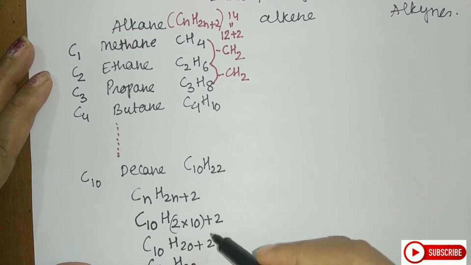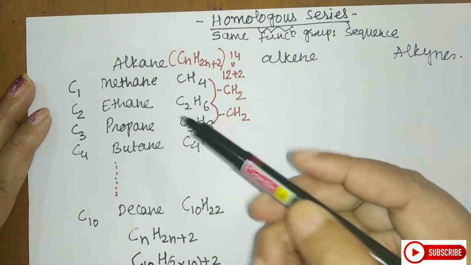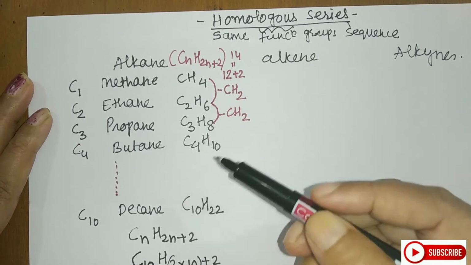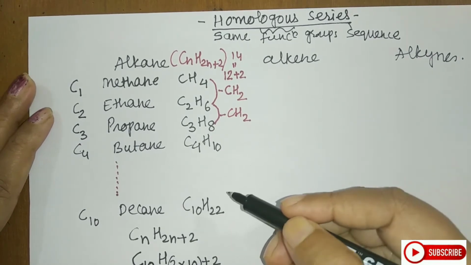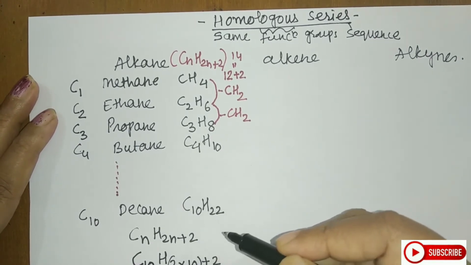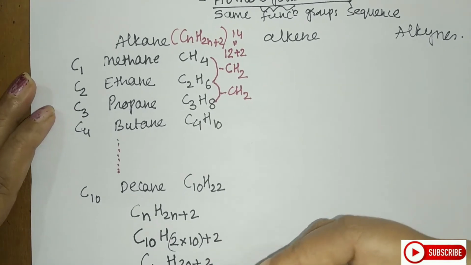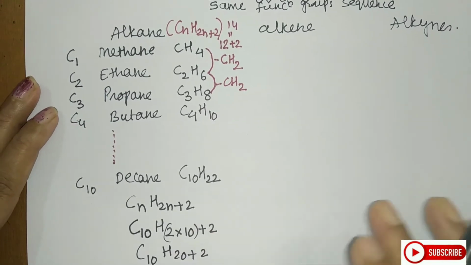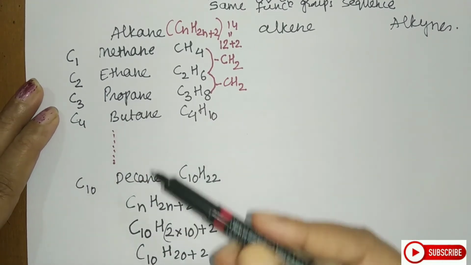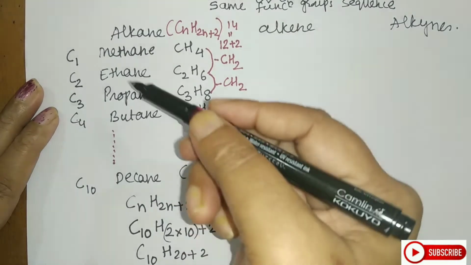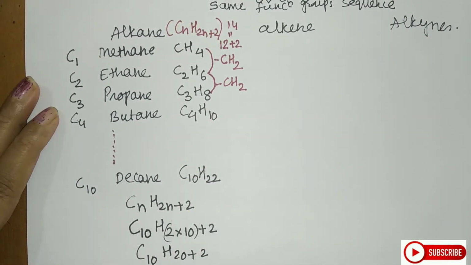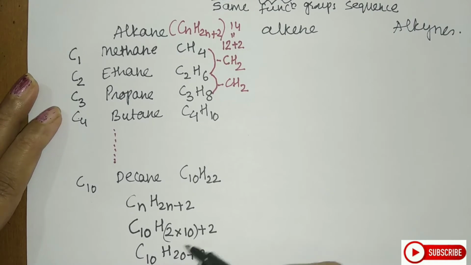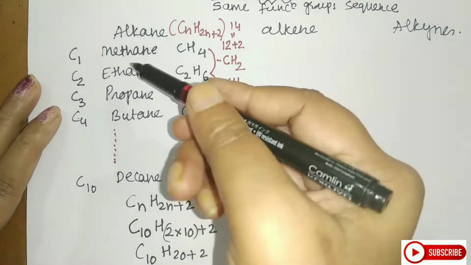And this sequence will continue. Similarly, you have methane, ethane, propane, butane, pentane, hexane, heptane, octane, nonane, decane. Here I am taking only up to carbon 10. You can continue by using undeca, dodeca, this type of words, and you can give the complete sequence of the homologous series. Now, if I see the method of preparation for those particular alkanes, they are almost the same, and so we say their general methods of preparation are the same. General means the method of preparation is the same for all of them.